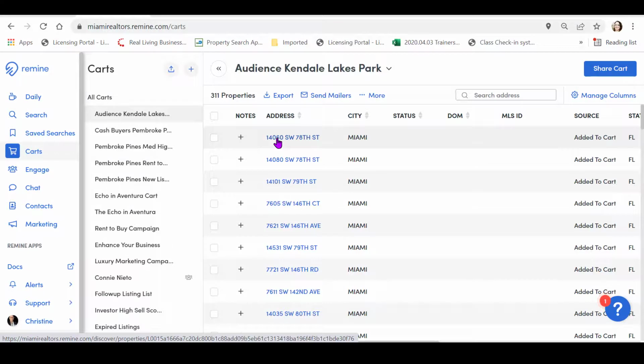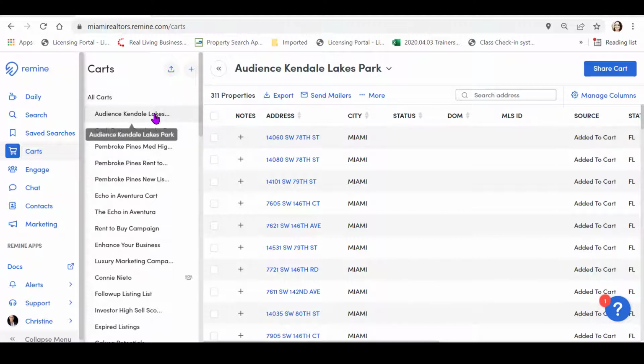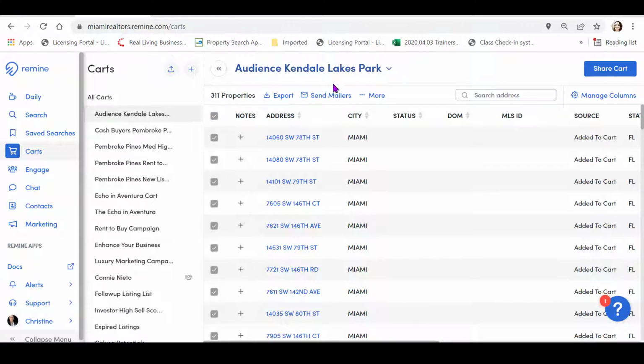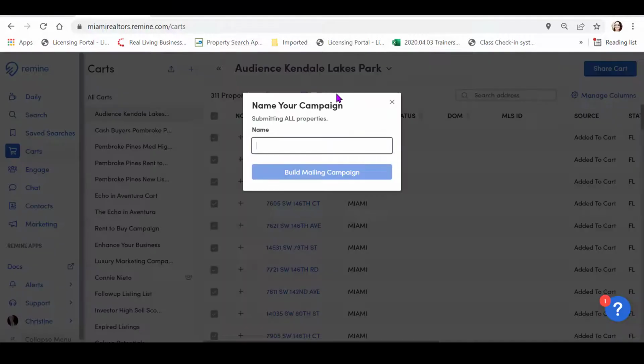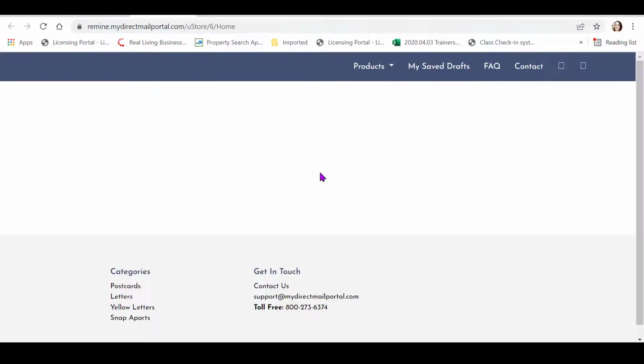Now that we're in their social media, let's go ahead and take it a step further. You can use the same audience, right? The audience of Kendall Lakes. We've created an online campaign. We're on their computers, right? Now let's go ahead and do a mailer. So clicking on all of these different properties and then tapping on send mailer, we're going to give that a name. And once I've named it,